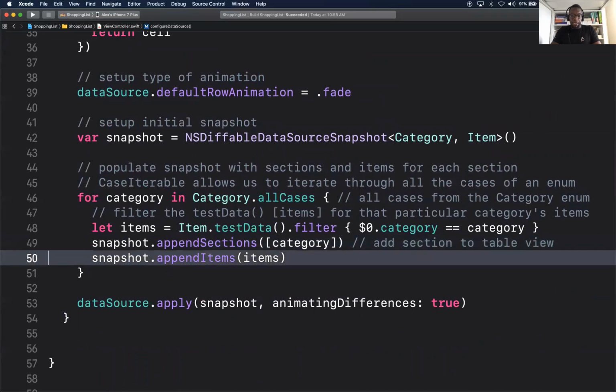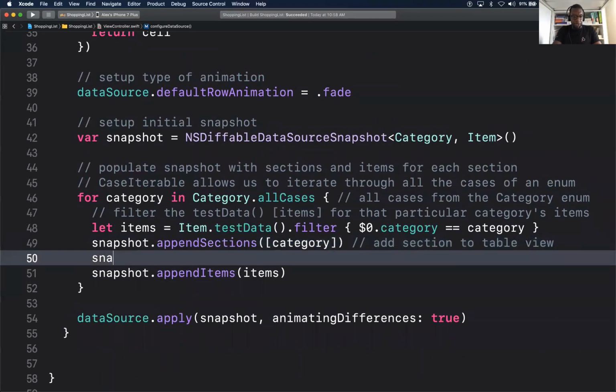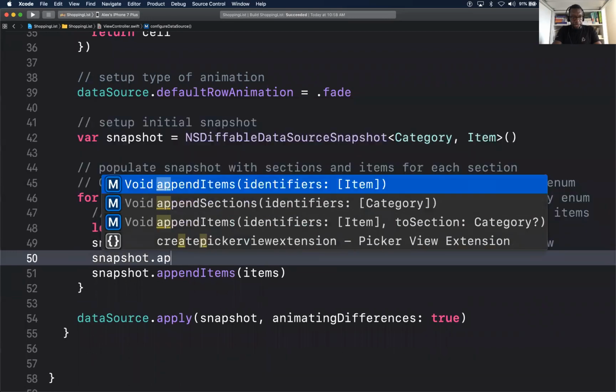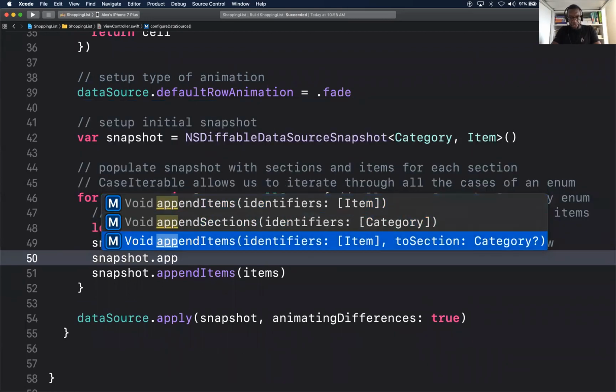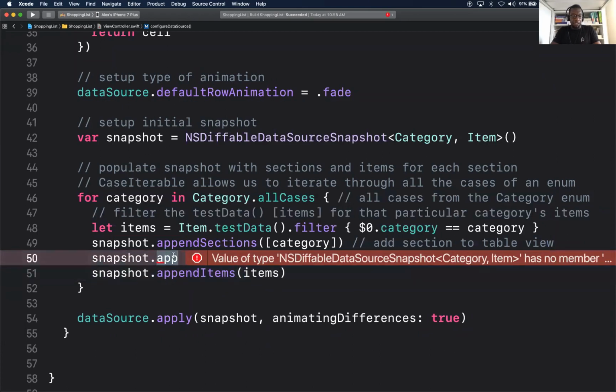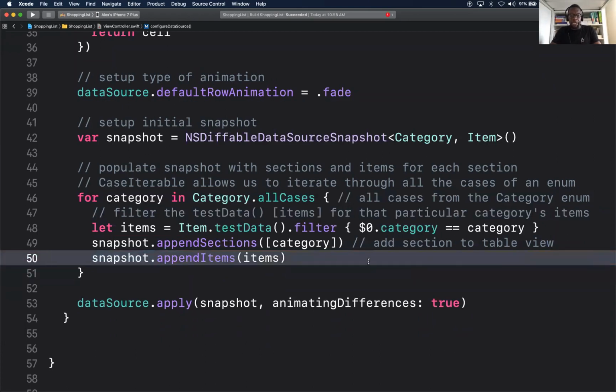Yep, we'll end up using it at some point in this app, where you add items to a particular section. I think we'll use it when we add the UI for the user to enter their own item. Yep. That makes sense.